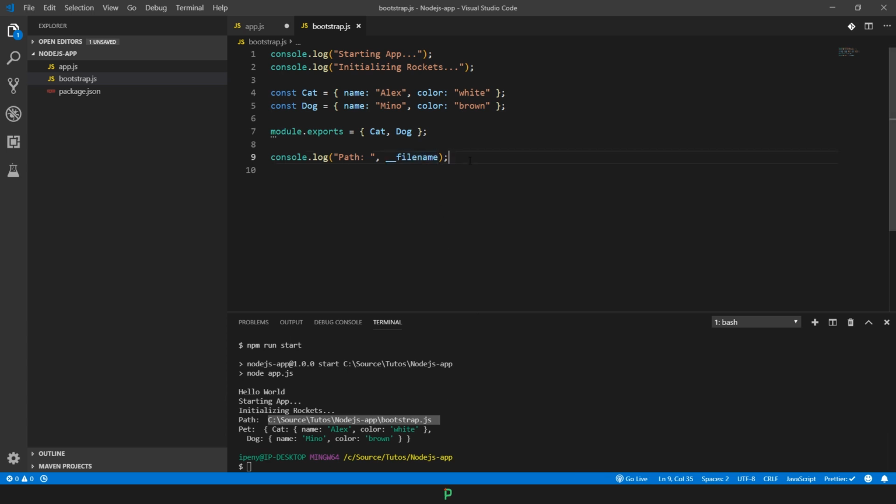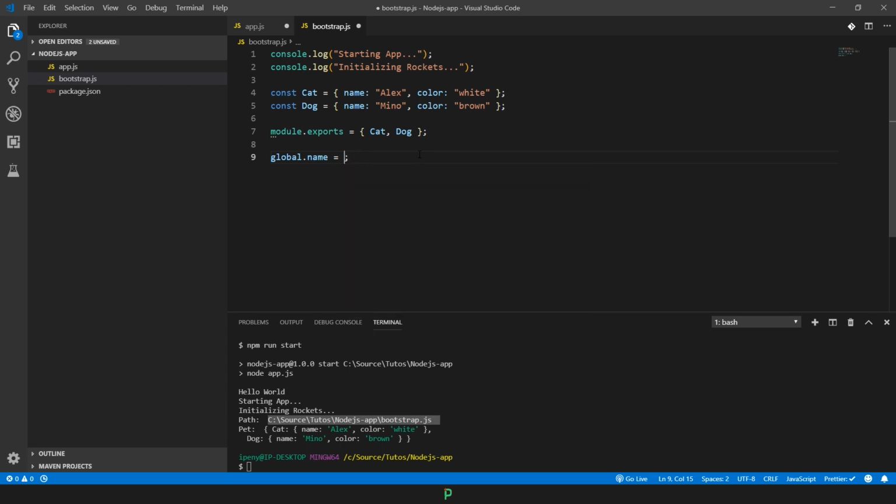So this is how it works. You can also access a global variable, but if you want to put a global variable that can be accessed from any other module, you can do this through the global object. Just type in global, and you can put in here, for example, name, and you can put something like, let me just change this name,